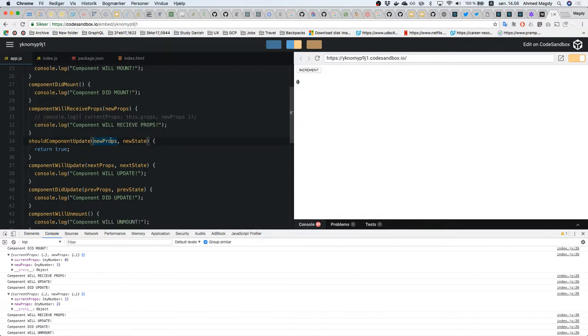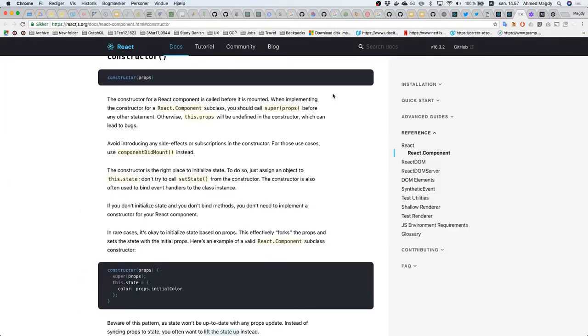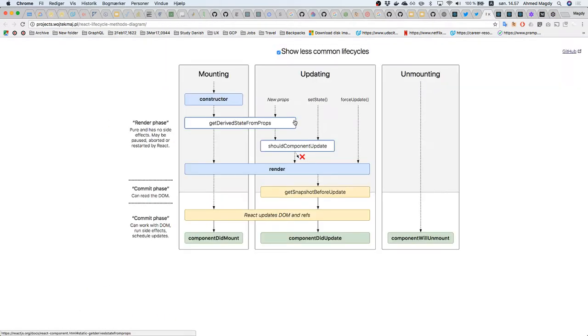shouldComponentUpdate. This sends to you the new props and new state, and you here can override the decision whether you want to update the component or not, whether you want to render or not. So what's the use of this shouldComponentUpdate? The use is if you're seeing a lot of changes in your app, and if you have a big app